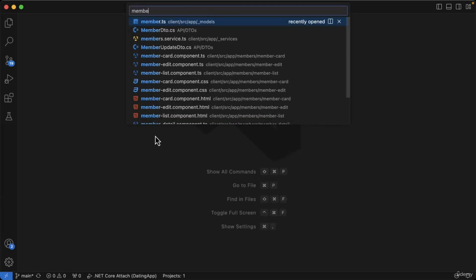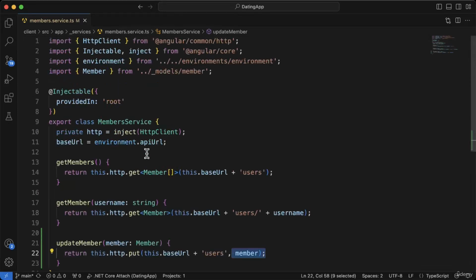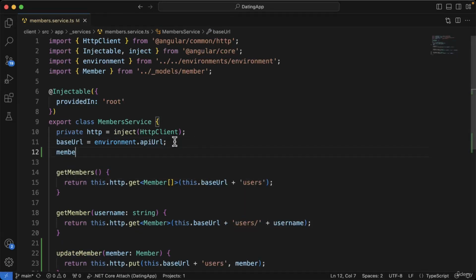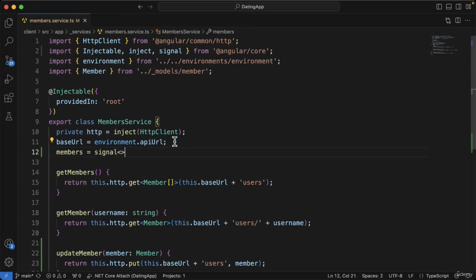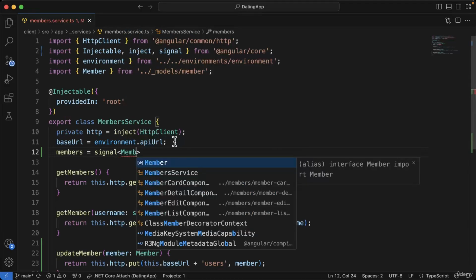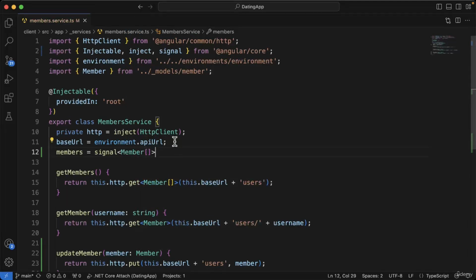So I'm just going to open up the member service, and inside here we have just our methods to go and get the users. But supposing we created a members property inside here, and we could use a signal for this actually. So I'm going to create a signal and bring that in from Angular Core. And we're going to store inside our signal a member array, and we're going to give it an initial value of an empty array. So when we go out and get our members, instead of storing them in our component,